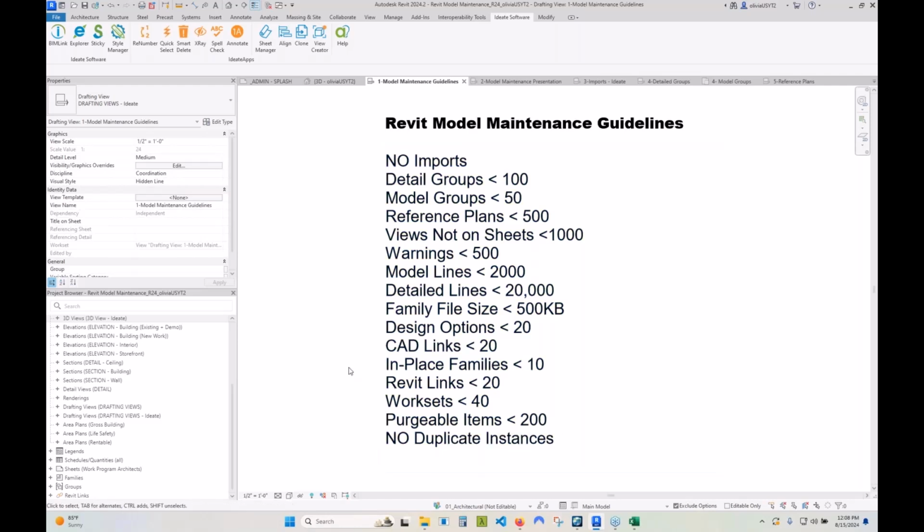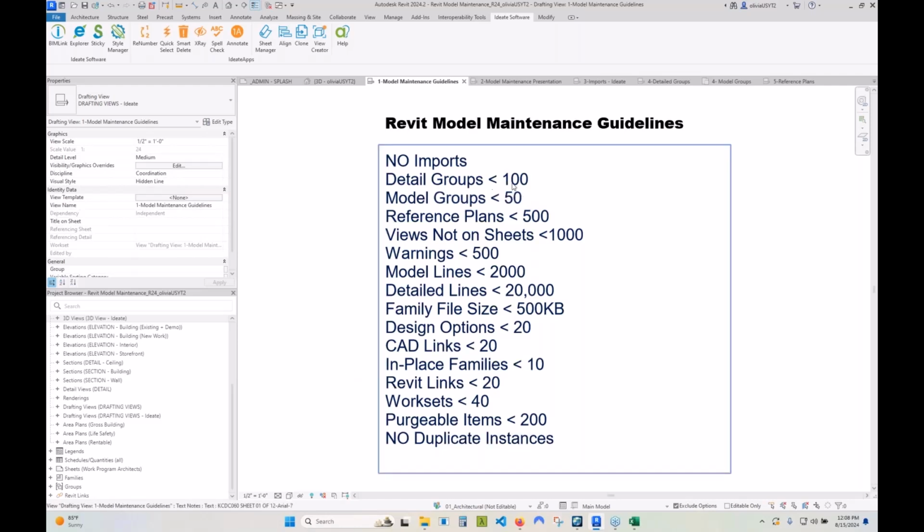state of our model. And within this list, I also usually give a threshold to teams of numbers I want to see these elements be under. So this might be a little controversial to some of the people on the call. I'm sure other BIM managers have other numbers that they like to track. Maybe they think my views not on sheet is way too large, but I like putting a number to be under within each one of these categories because it really helps focus the team and strategize how we want to